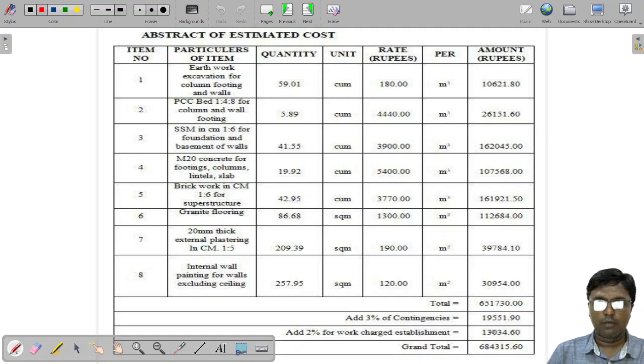Okay, I hope you have understood the long wall short wall method of doing the estimation. In the coming sessions, we will do the same problem in the center line method, and let us see if both the quantities will be the same in both methods. Can we obtain the same quantities? Let us see in the coming sessions.